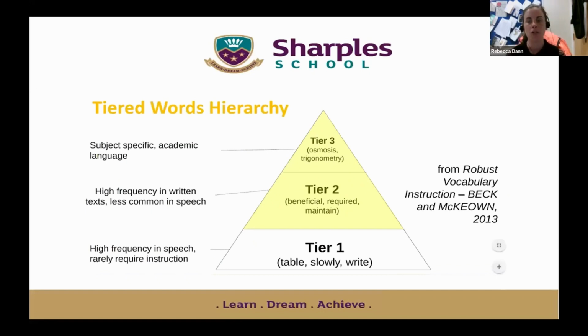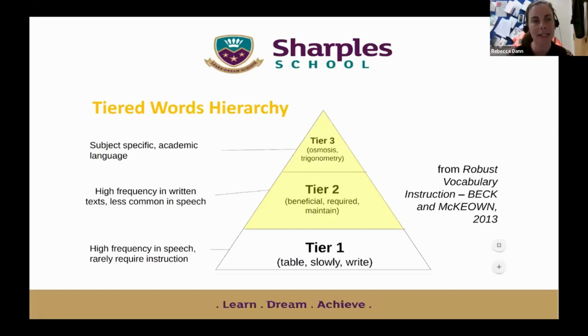So a real focus on what we did was on this idea of tiered vocabulary. So the idea that tier 1 vocabulary is high frequency in speech. Students know that vocabulary by and large. Tier 2 vocabulary is high frequency in written text but less common in speech, and tier 3 is the subject specific academic vocabulary.